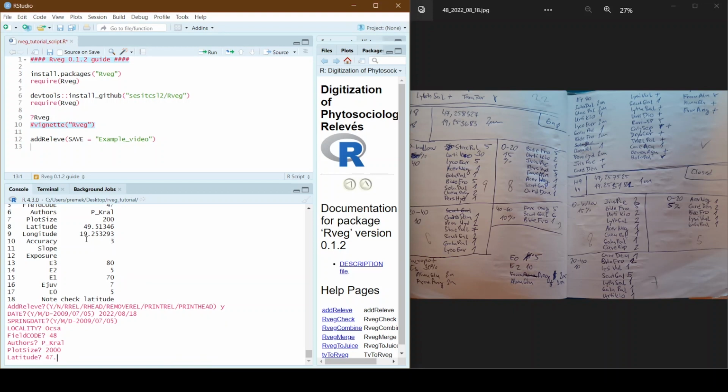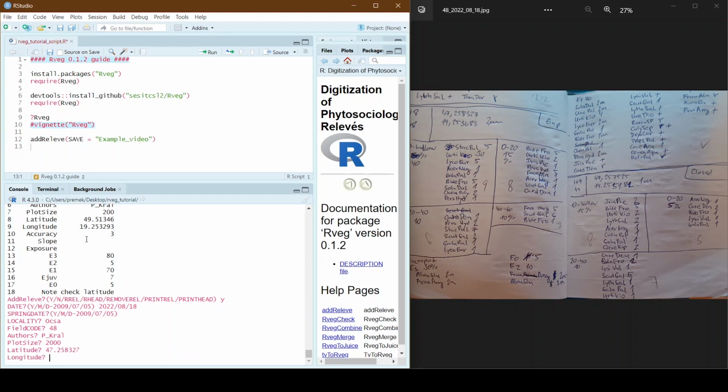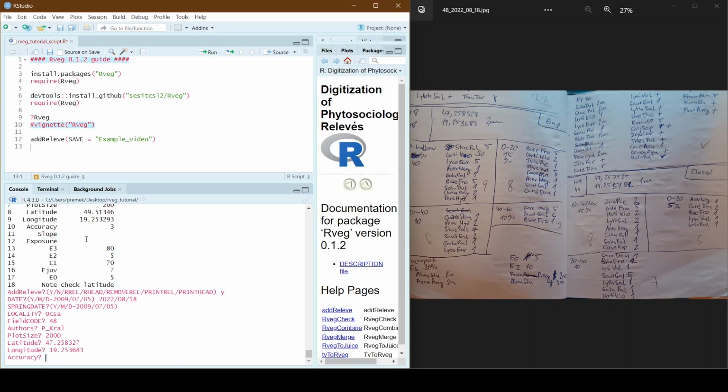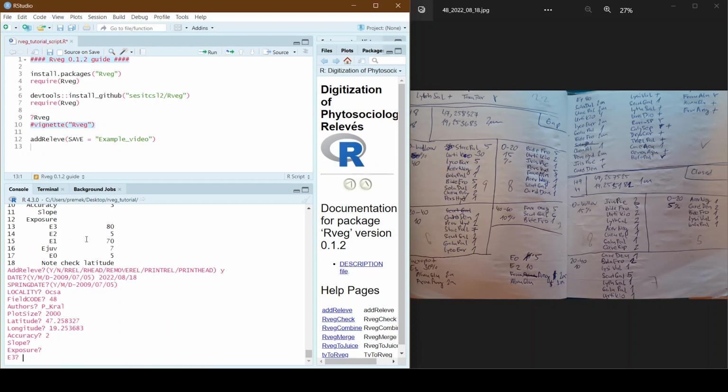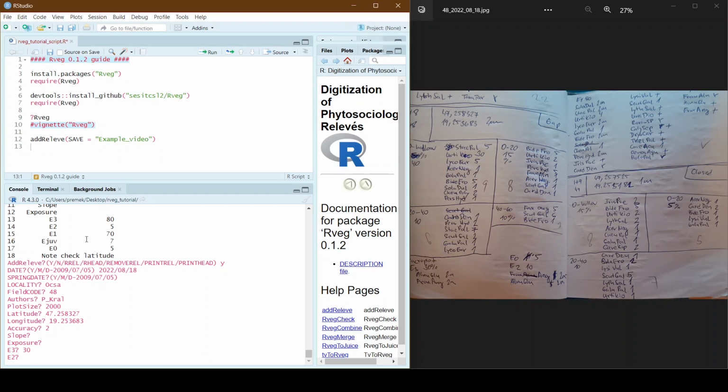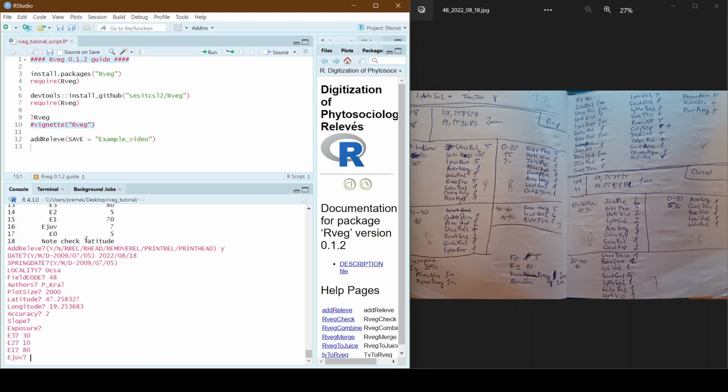So the coordinates, here's 2 meters, no exposure, tree layer 30%, shrub layer 10%, herb layer, juveniles.